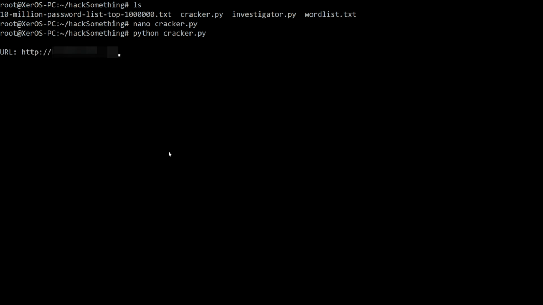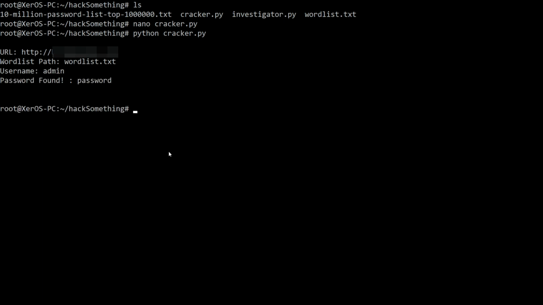And then I'm going to use a more complex one. So word list path is wordlist.txt. And then the password, we're just going to go with admin. I know the admin password is simple, so it should, yeah, there we go, instantly. Password found is password. So if we go back to the browser here,